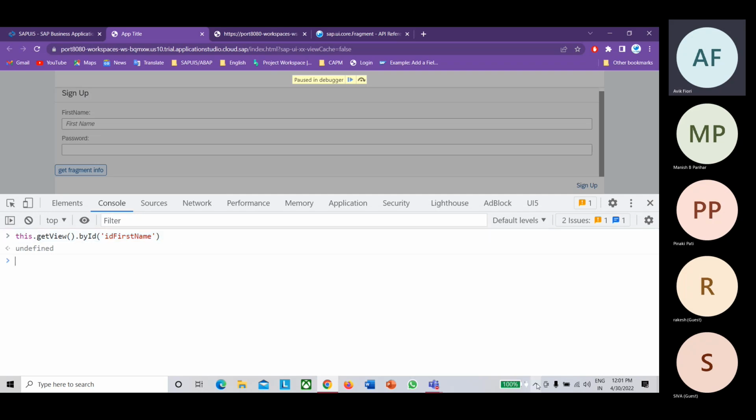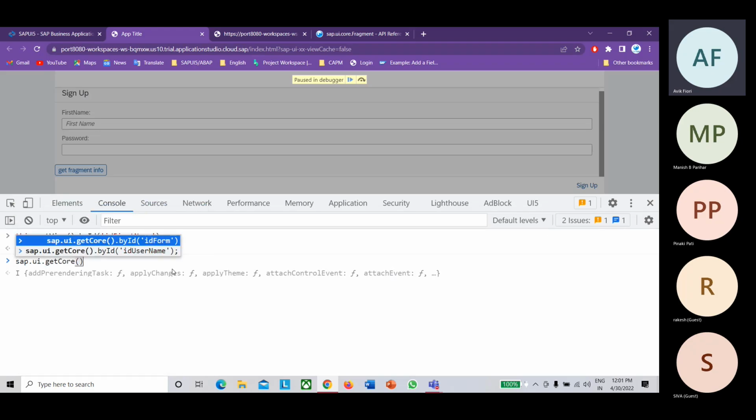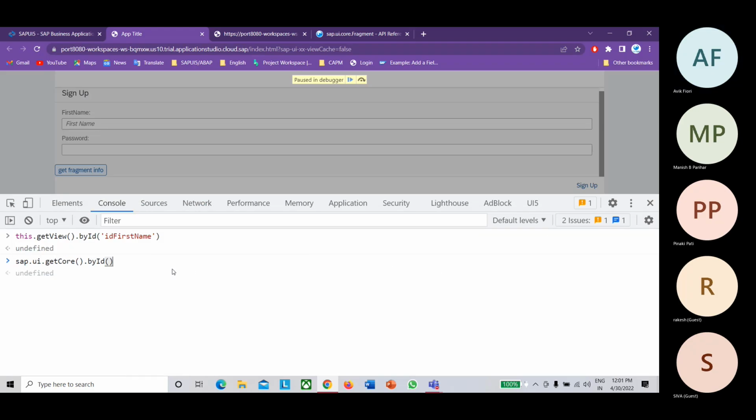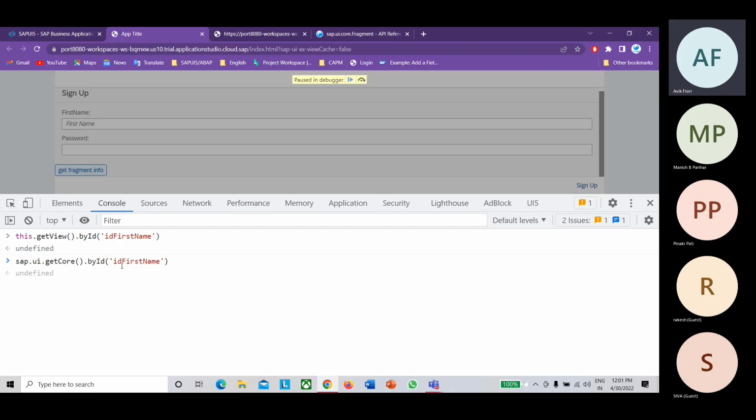So what people will generally do, if they are declaring any controls inside the fragment, they will write sap.ui.getCore().byId, and inside that they will provide the ID firstName. This is how they will do it. But as we provided the ID to the fragment, you cannot get this ID directly. You need to prefix this ID in front of it. Like, for example, if you prefix that and add a hyphen,